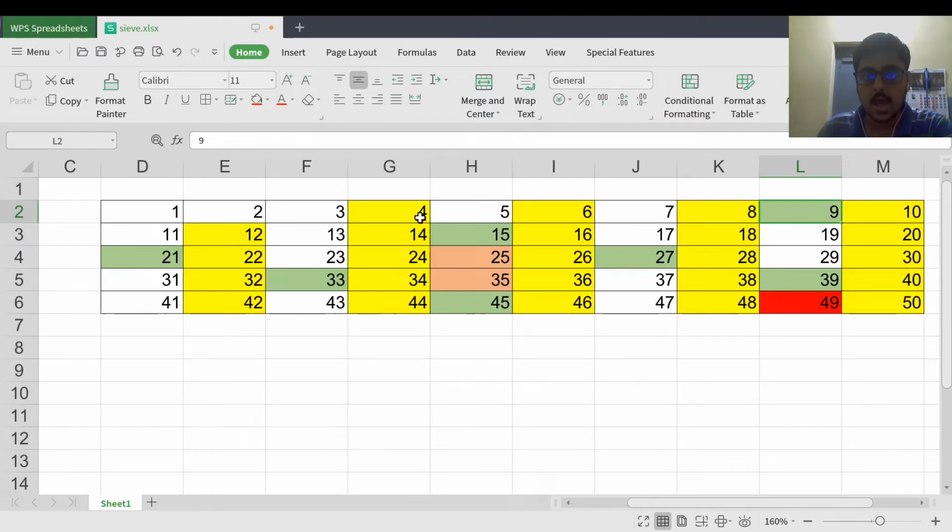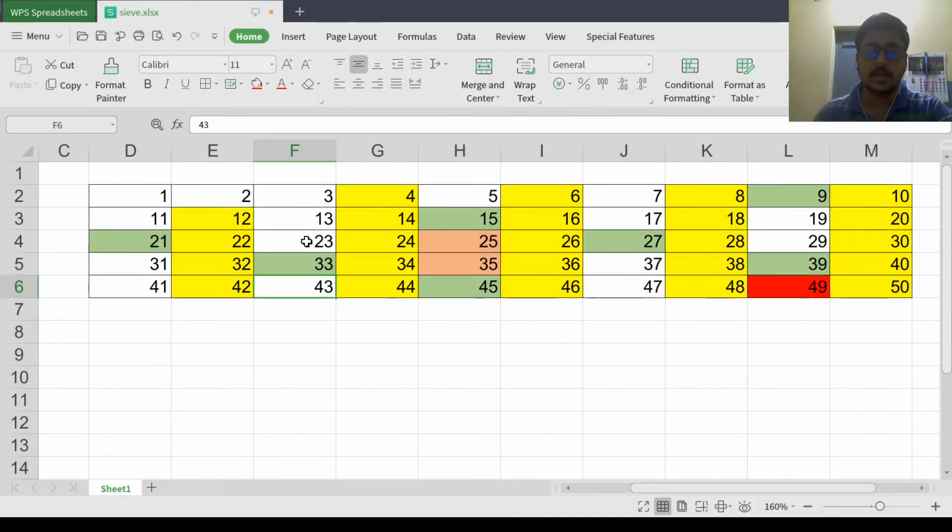And for 5, I started marking the numbers divisible by 5 from 25. And for 7, it's 49. So I will be starting from the square of that number and checking all those numbers which are divisible by that prime number. Okay. So this concept will be implemented through C++ code, and we will be finding all the prime numbers till a user limit, say 50. Okay, so 50 is our user limit.